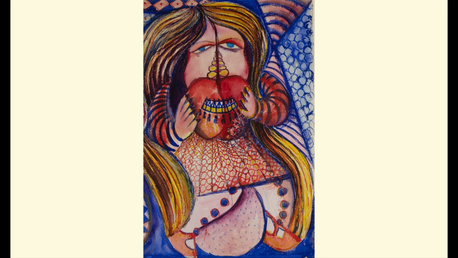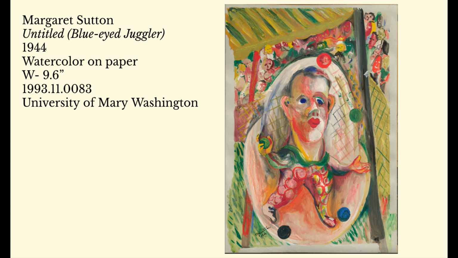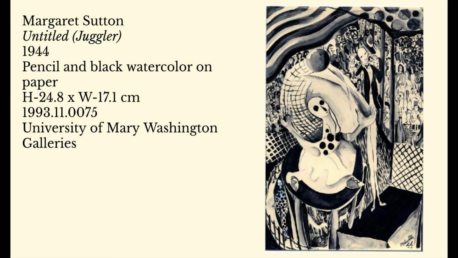In the painting, a girl dressed in playful patterns holds an apple and sits on a ball. The curving lines of her body suggest life and movement in their fluidity. These sweeping curves separate organic form from the straight lines and geometric shapes of the background. The upper right corner is broken into triangular lines that draw the eye to a point, like the height of a circus tent roof. Circuses are a common theme in Sutton's work, as can be seen in Untitled Blue-Eyed Juggler and Untitled Juggler, similarly surreal depictions of circus performers.